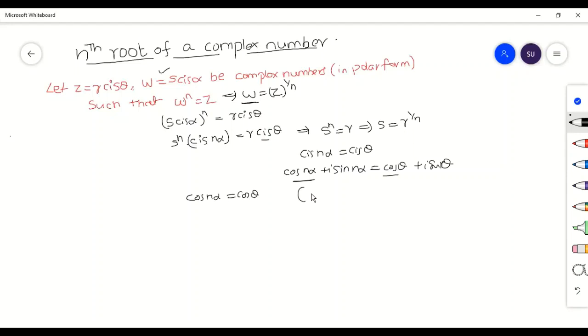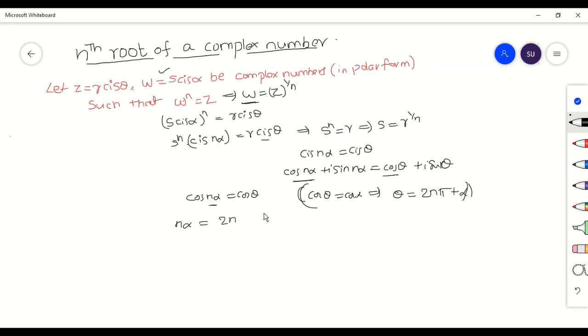In trigonometric equations, cos theta is equal to cos alpha means the general solution is theta is equal to 2n pi plus alpha. The same way, let us consider cos theta is equal to cos alpha. Theta is equal to, here consider n alpha. N alpha is equal to 2n